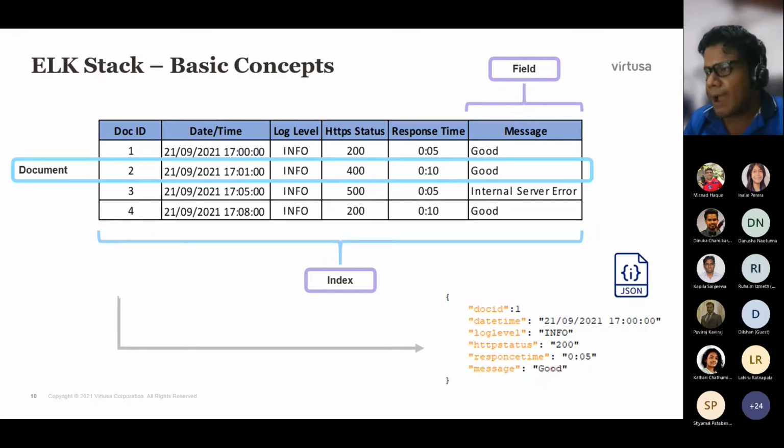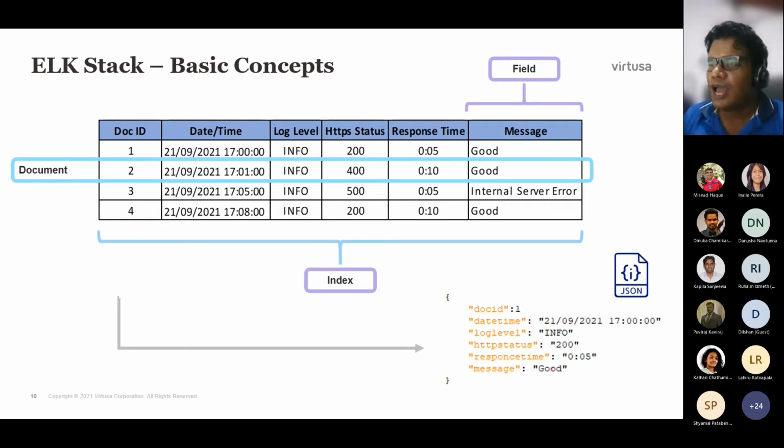What I tried to do here is map it with the relational database. You know very well about the relational database, about the relational table. So I am trying to map the concepts used in Elasticsearch with the table, where you can easily understand. Everything stored in Elasticsearch is in JSON format. It's just key value pairs, no rocket science.